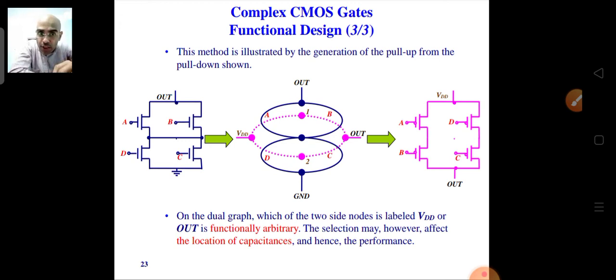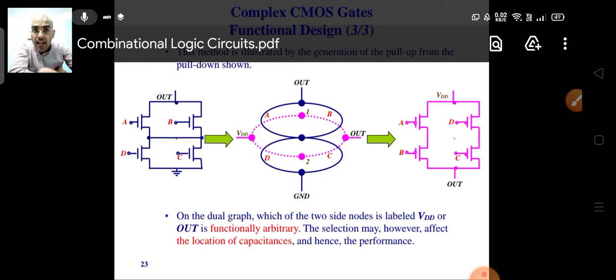So if I take this function on which there is a whole bar, what I will do is try to realize the function first of all in the pull down network. So in the pull down network, you see the pull down network will have A or B, okay, so in parallel, and then C or D are in parallel, and there is an AND between them. Okay, as I have said, A plus B dot C plus D whole bar. So there is a dot, so they will be ANDed. So there is a series connection between them. Okay, so that's what you can see.